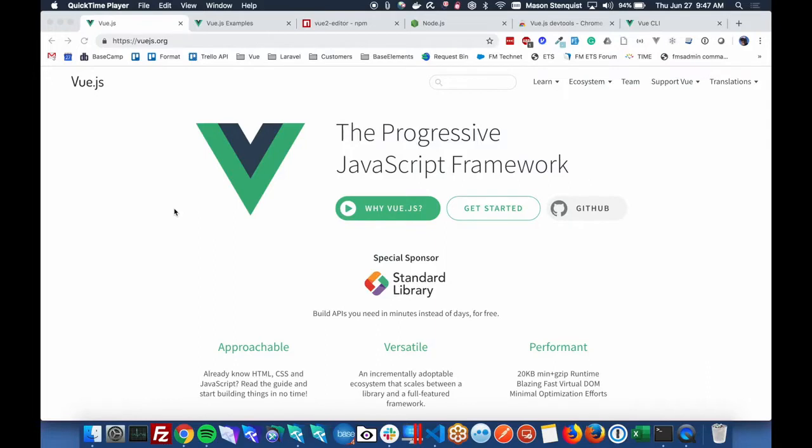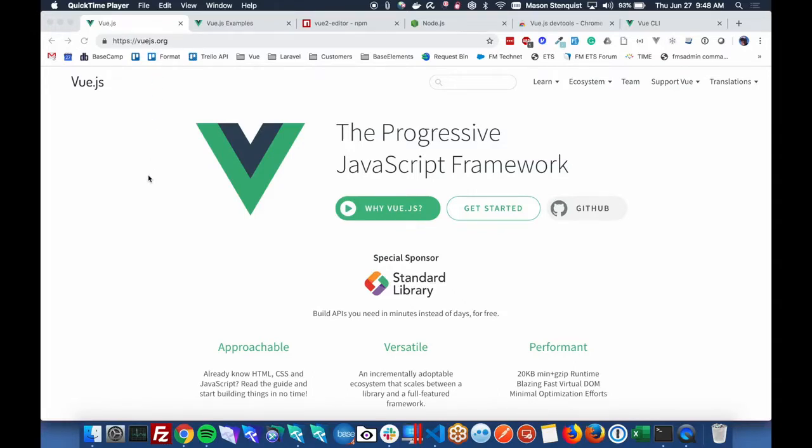So first of all, what is Vue.js? Vue.js is a JavaScript framework. It's a progressive framework, which means you can implement it as much or as little as you want, so it's very flexible. It has a lot of similarities, in my opinion, to how FileMaker works. So there's a lot of parallels there, but it's much better suited for the web. If you're familiar with React or Angular, it's similar to those frameworks, and I think it's really easy to get up and going with this over those other alternatives. So, yep, that is what Vue.js is.